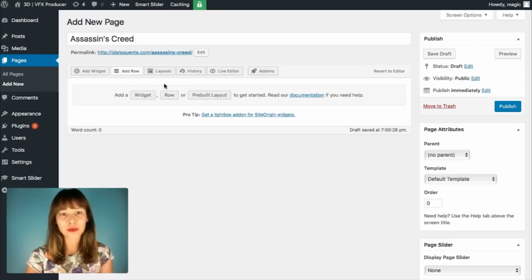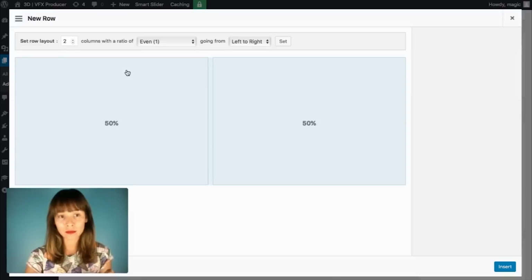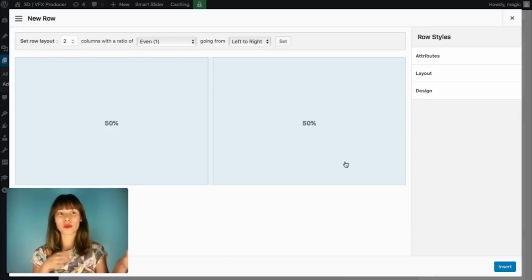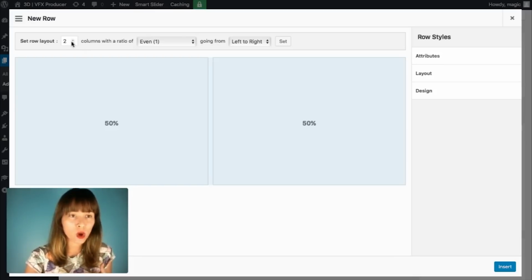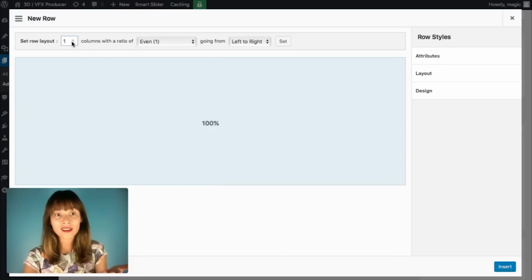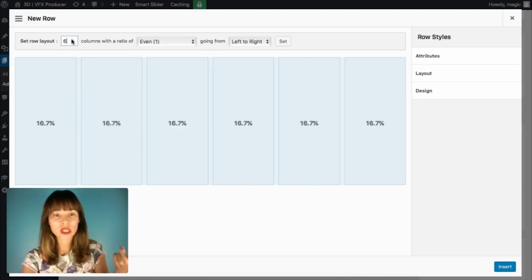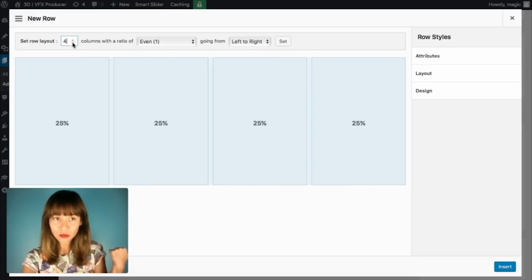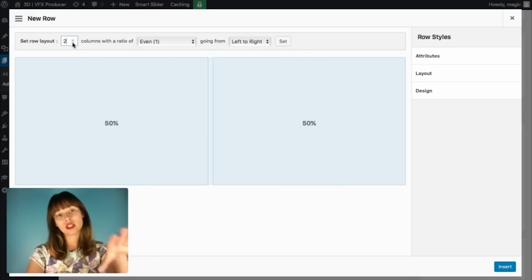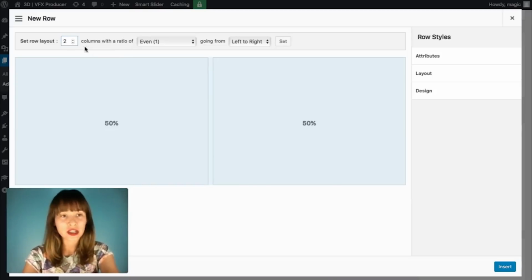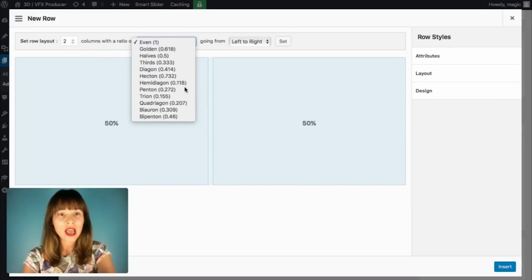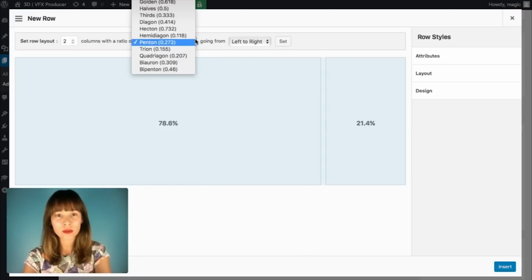First thing we have to do is add a row. Let's add a row up here. And this is what we get. This is where we get the layout, the percentage in a way. Here you can choose if you want just one column, which is 100%, and here you can start increasing the number of columns. We just need 2 for this, and here we can set the ratio. I'm going to open this, and as you see how it moves,